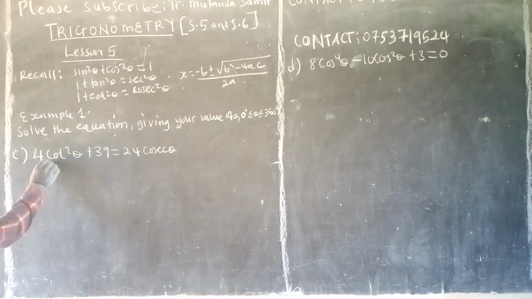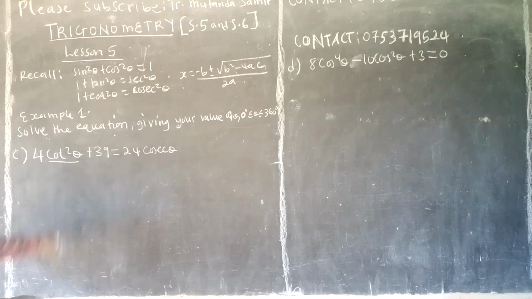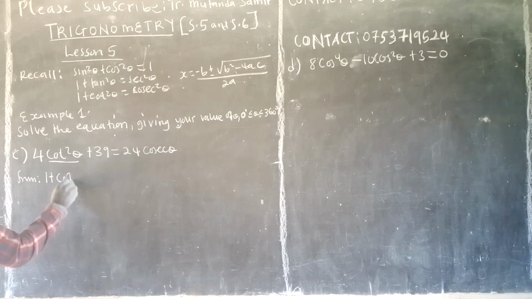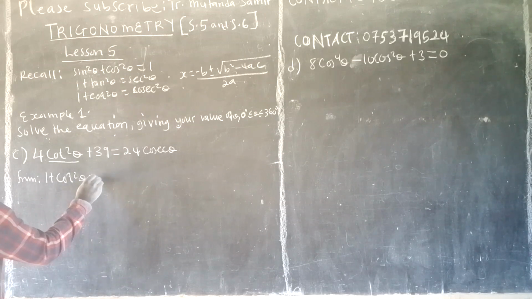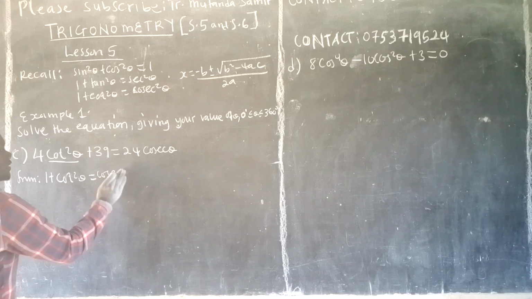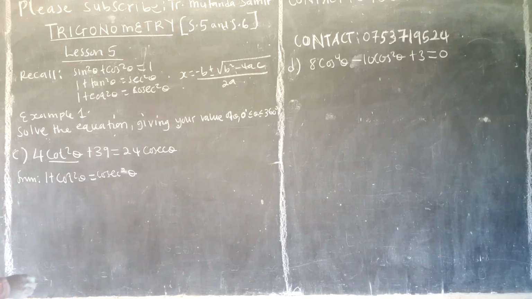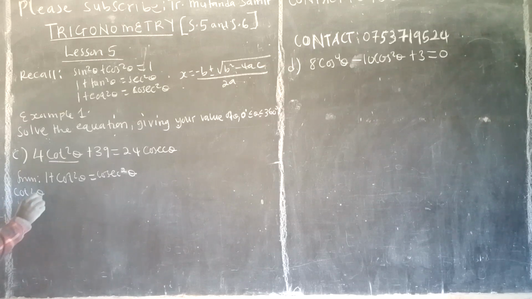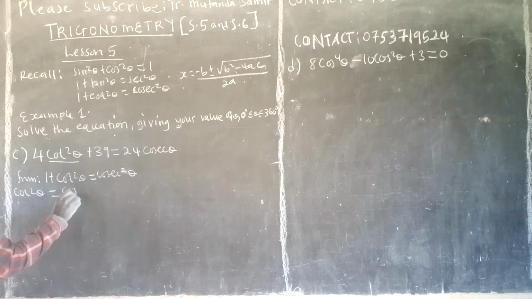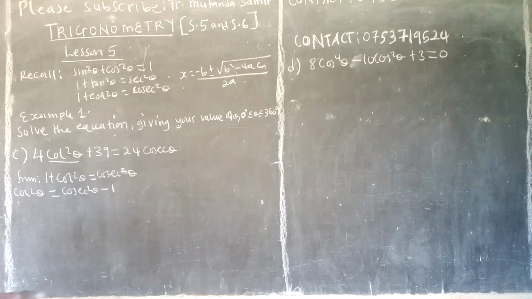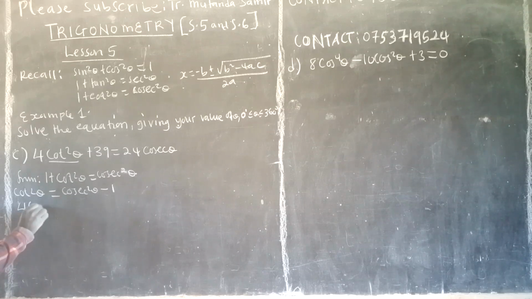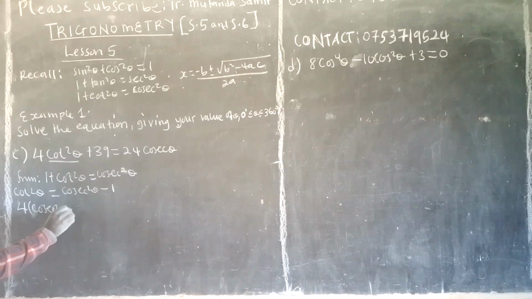Please, I told you, pay attention to where you have a power of 2. I think it will come from this equation: 1 plus cot squared theta is equal to cosec squared theta. So you make cot squared theta the subject, which will be cosec squared theta minus 1. So you come and substitute here: 4 into cosec squared theta minus 1